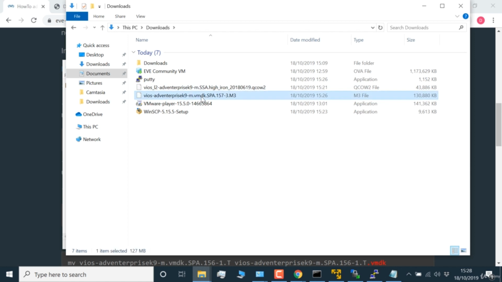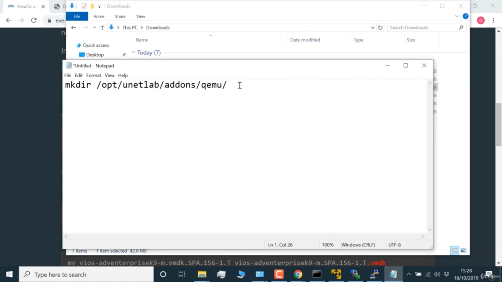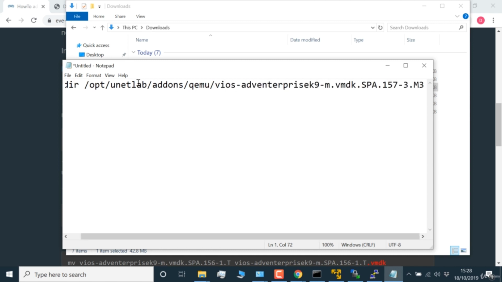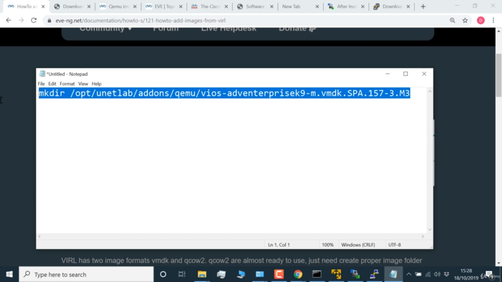And the file name that I need to use is this file name. So this is the name of the file that's been downloaded from Cisco's website. This is VIOS. That's the name that we're going to use. So I'll copy that into PuTTY